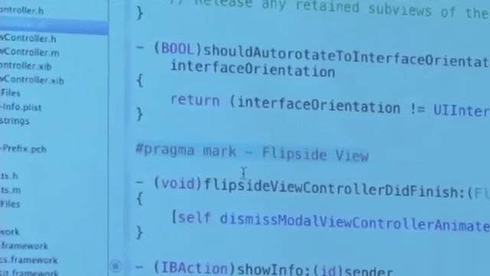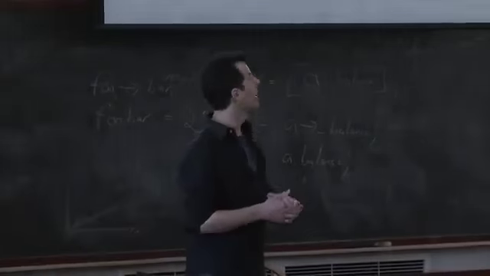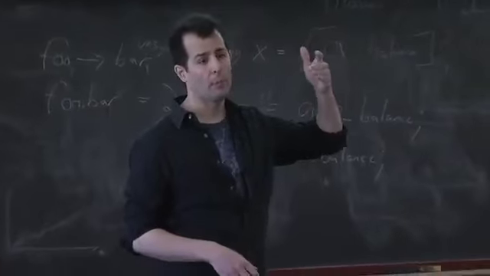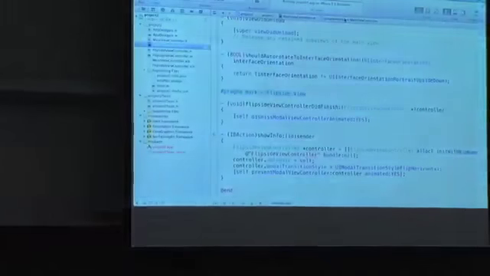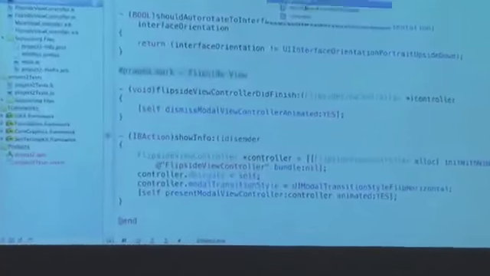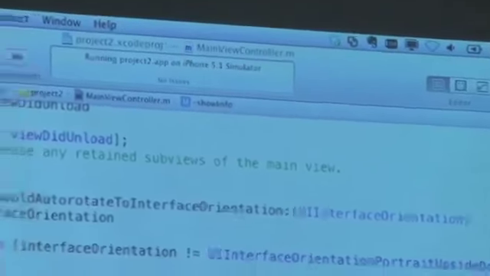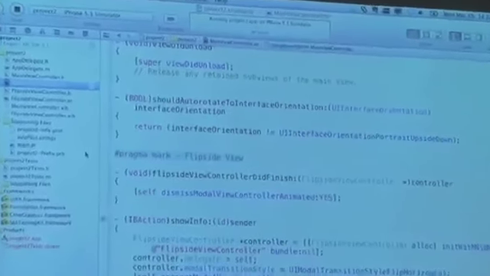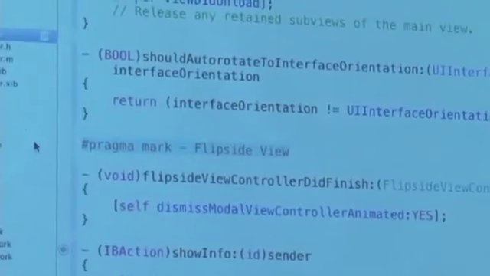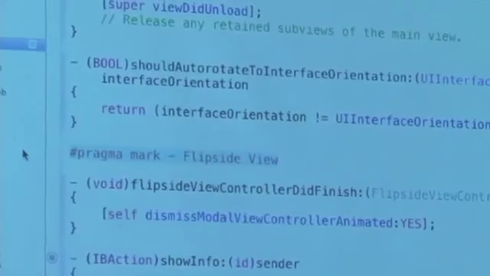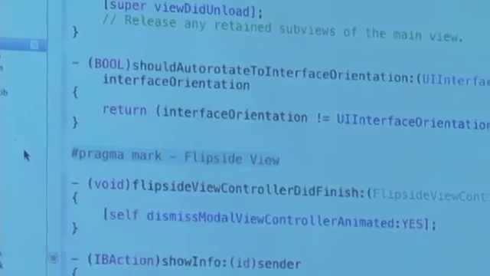Anyone know what pragma mark is? Yeah, so a preprocessor directive. So this is a directive that's actually thrown away at compilation time, but what it creates for you, if you'd like to be very impressed, is this thing here. So in the IDE, notice you can jump around to different points in your code very easily. Why is that the case? It's because Apple included these pragma marks. So they're little like checkpoints just for UI simplicity. They have no functional relevance. All right, and flip side view to